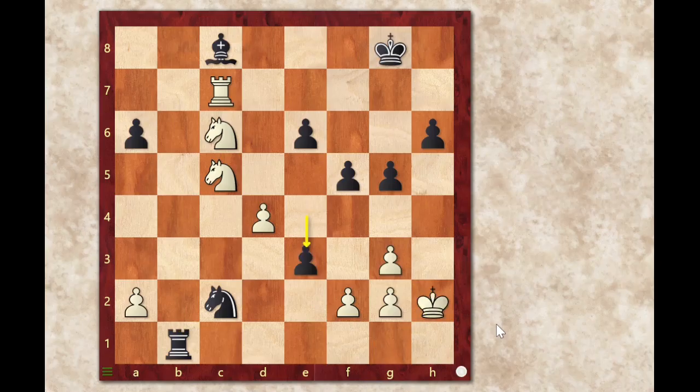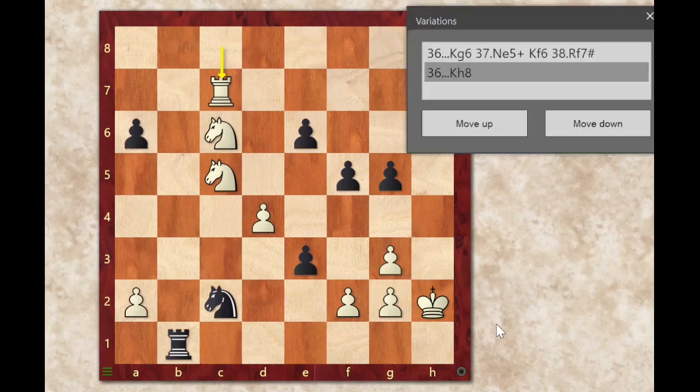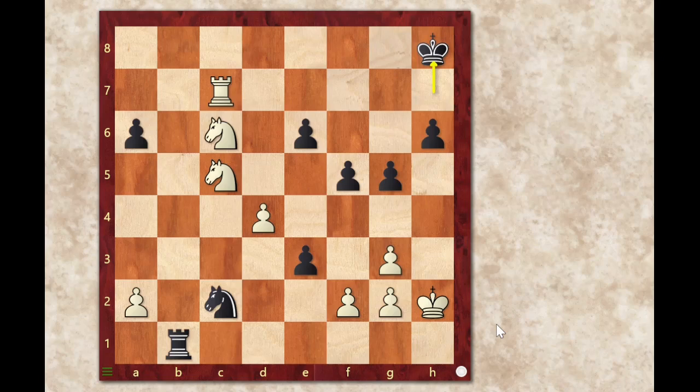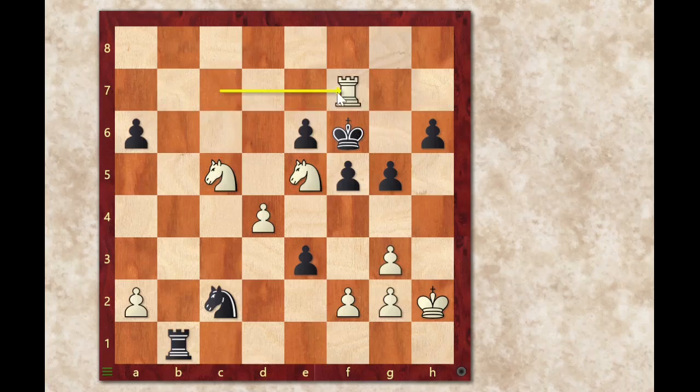Now e3. So the pawn looks dangerous, but Gelfand ignores this. He gives a check. King moves to h7. He gives a check on c7, and the king has to go to h8. Again, the king has to go back, because if the king moves up, it's a disaster. It's a forced mate in 2 moves. The king could move out, but okay, if the king moves to f6, it's rook f7 checkmate. And if king h5,